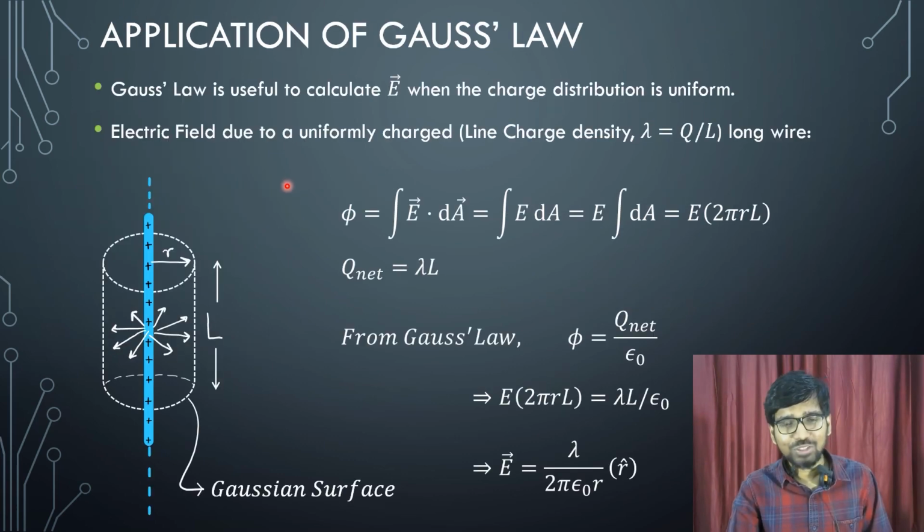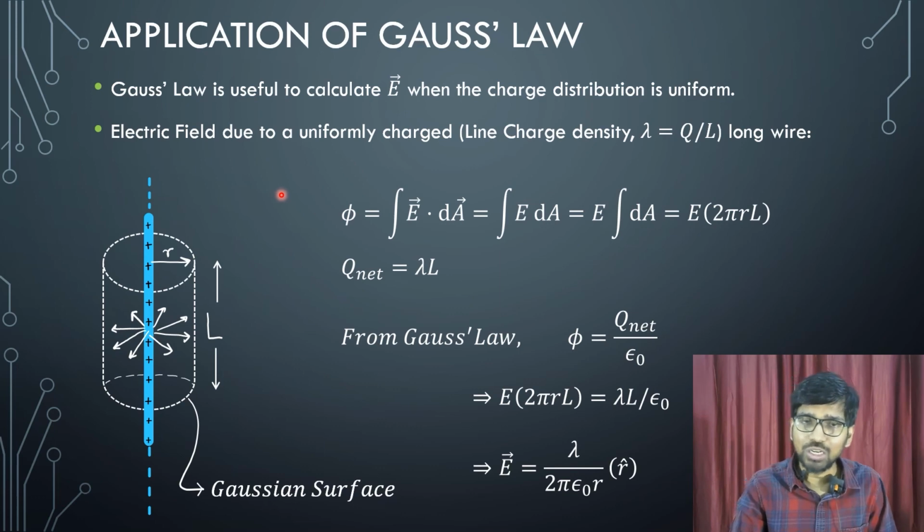You might be wondering that Coulomb's law also gives us the expression for the electric field. Then what is the use of Gauss law? In cases where the system contains multiple charges, calculating electric field using Coulomb's law becomes cumbersome. Therefore, in such cases where the charge distribution is symmetric, we will rather use Gauss law to calculate electric field because it is a more convenient way. How is it so? Let's see with an example.